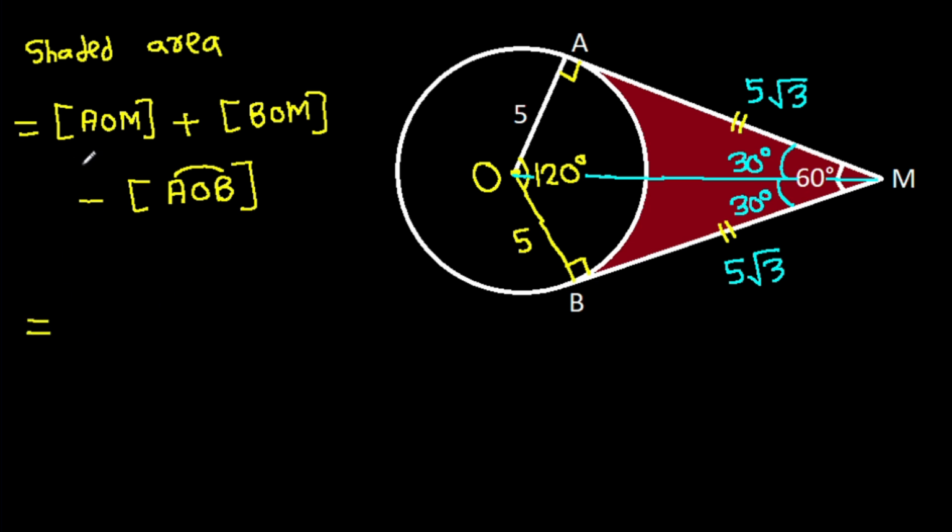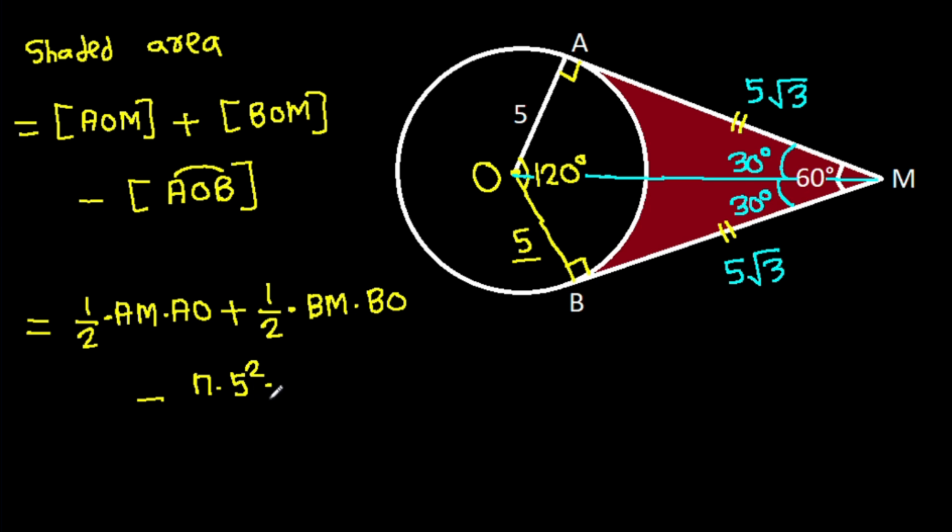Area of AOM will be 1 over 2 times base AM and height AO, plus area of BOM, which will be 1 over 2 times base BM and height BO, minus area of sector AOB, which will be pi times radius 5 squared times angle 120 degrees over 360 degrees,